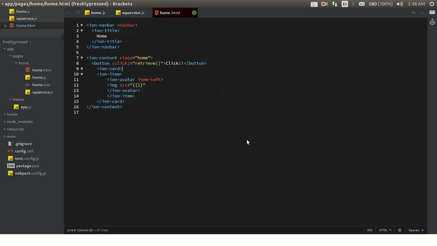Oh, we'll do this in the for loop. No, first author dot avatar underscore URL. Okay,